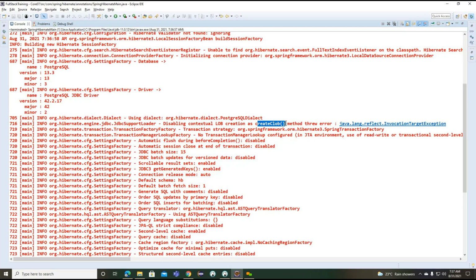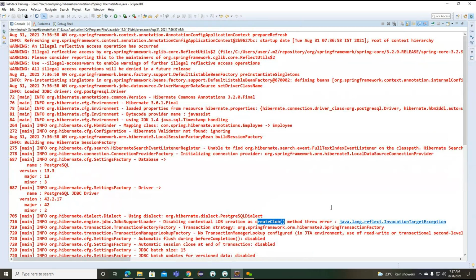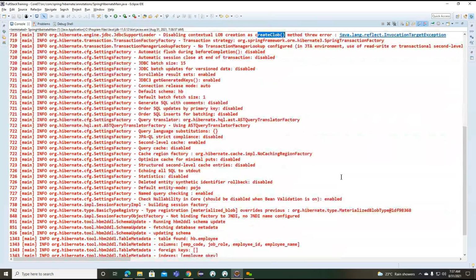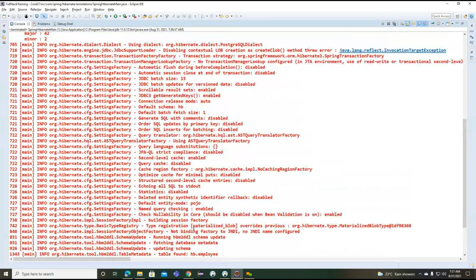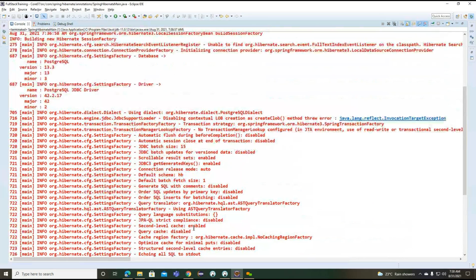So the create class throws an invocation target exception. Using the data source driver manager data source of Hibernate session factory. Schema updated. Why open session? No transaction manager lookup configured in JTA environment.